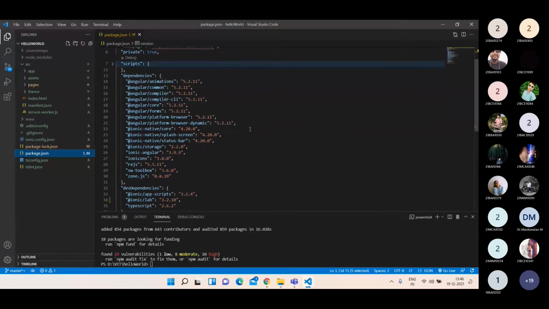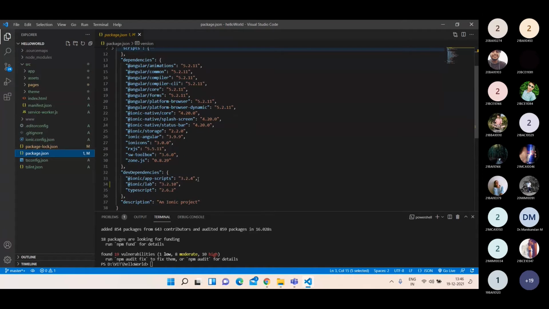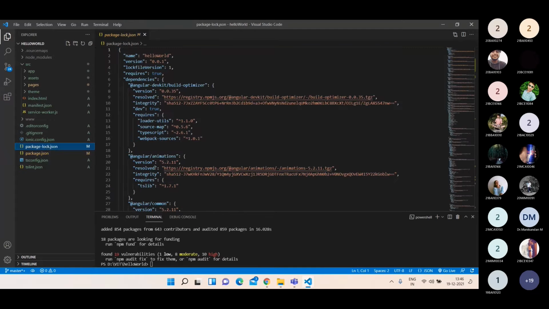For example, if I have version 3.2.4 here, it is not mandatory that your project uses exactly 3.2.4. Your project can even use 3.2.3 or 3.1.2, whatever. So package.json is like a rough index of the libraries you need, and the lock file fetches the exact version you are going to use.